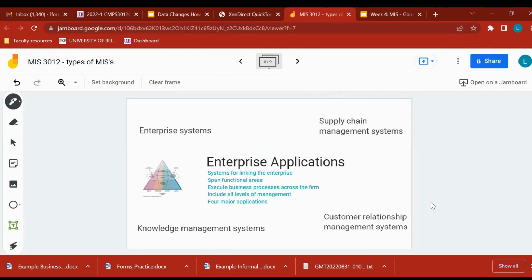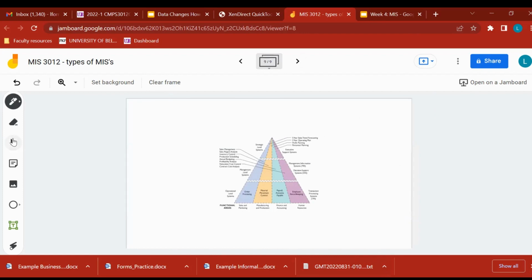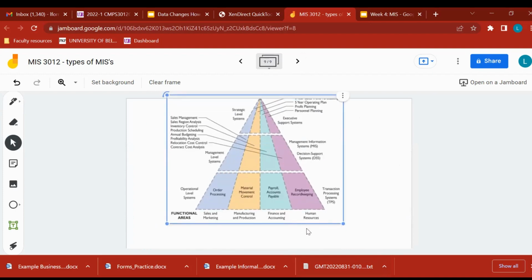The last thing we'll summarize tonight, before we have our case study presentation, is enterprise applications. And I'll just mention them tonight because I'd like you to go through the interactive slides by Dr. Ryan. There's 4 of them: knowledge management systems, customer relationship management systems, supply chain management systems, and enterprise systems. What these systems do is to show us that within the organization, although we have the functional areas, which would be like sales and marketing, etc.,